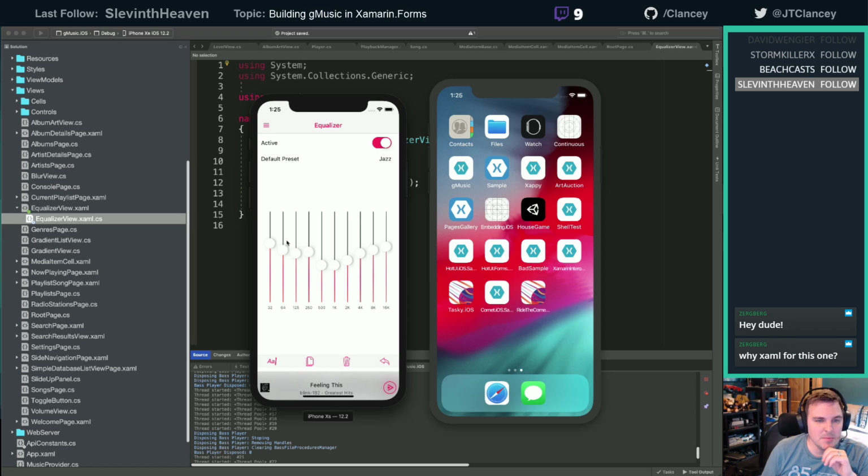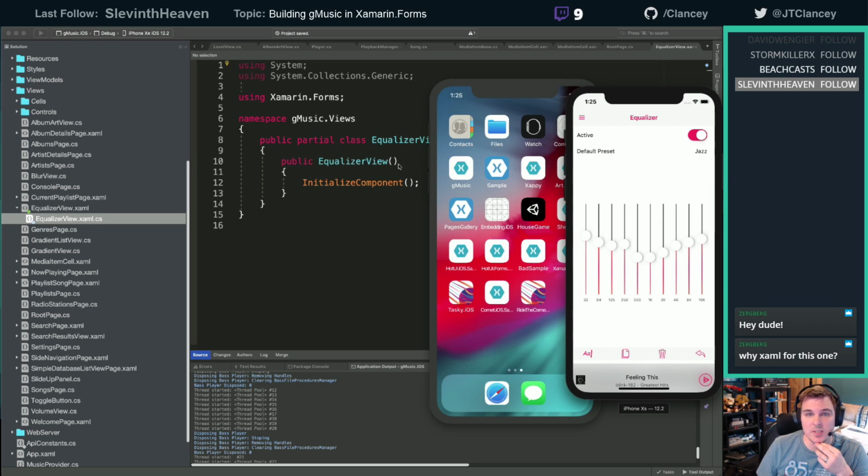And I'll have to do something in C# because the rotated sliders are programmatically added based on the number of bands, because you could switch from the 10 band to a 3 band. And I've thought about that because sometimes 3 band's simple and is good enough. But I don't know. Let's go with that for now. But that's why, just because that layout looks so easy to lay out in XAML.